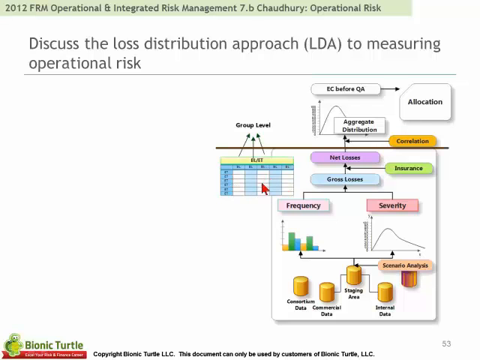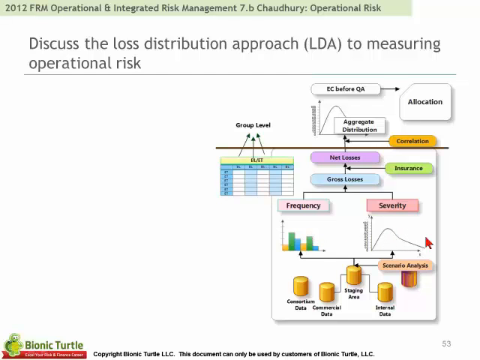And oftentimes that's because the bank also needs to meet regulatory requirements, and the Basel framework dictates the use of a business line event type matrix. And so we have operational loss cells. And the essential feature here of the LDA is this idea that we take the frequency, that we can characterize the frequency of operational losses and compound or convolute that with the severity of the operational loss conditional on them